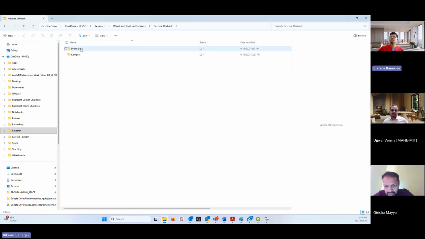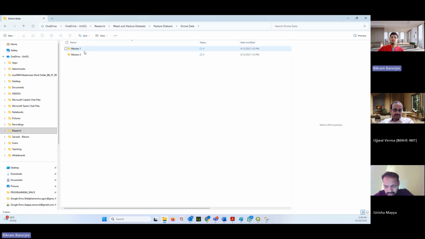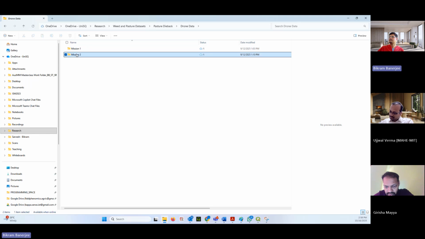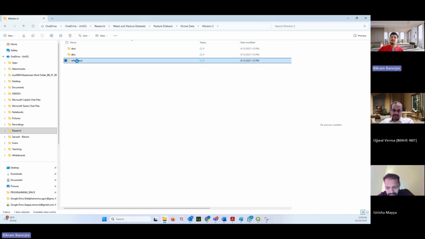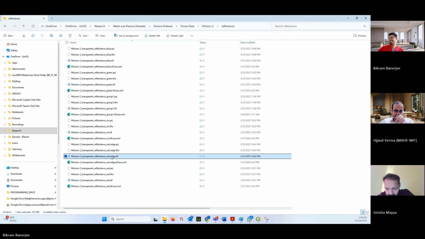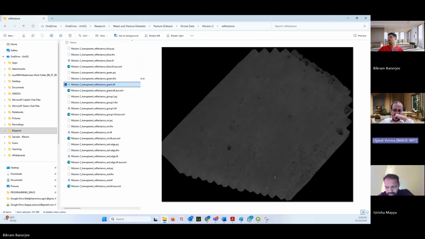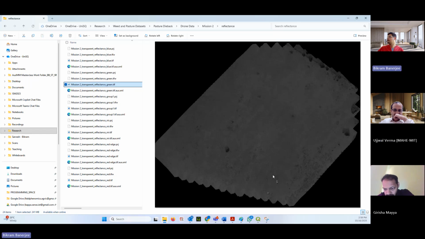Now we have got two kinds of data sources. One is the drone data, and we have also collected the satellite data from this one. So there are two missions. Yeah, again, the same data structure, reflectance, DTM and DSM, they're coming from the same sensors. Maybe I will not open it. I will maybe show it from here because it will just hang. So this is one of the data, and you can